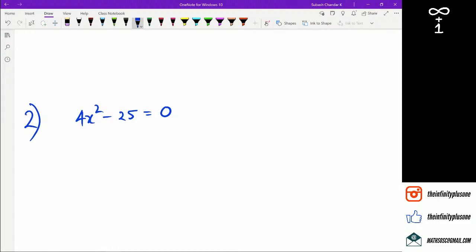With number two, it's very similar to x squared minus 9, which you just factorize as difference of two squares, so it's x minus 3 and x plus 3. What I've seen people do with these questions is they end up doing this: 4x squared equals positive 25,